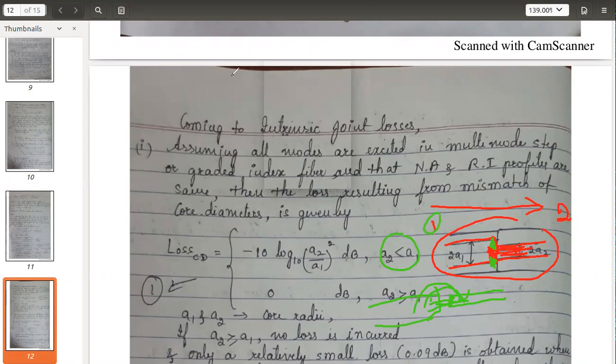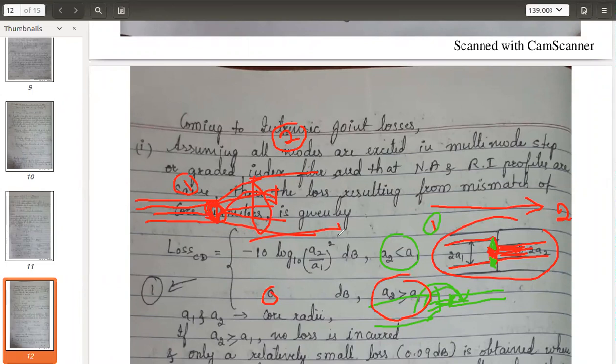What happens if it is reverse? Assume you have an optical fiber where the first optical fiber has a smaller diameter and the second optical fiber has a bigger diameter. If this is the case, whatever light is coming from this first optical fiber, even though the area is small, the second can accommodate it, right? Even though it can spread, the transfer is completely efficient. No loss occurs during the transfer. That's why the second condition has zero loss if it prevails.